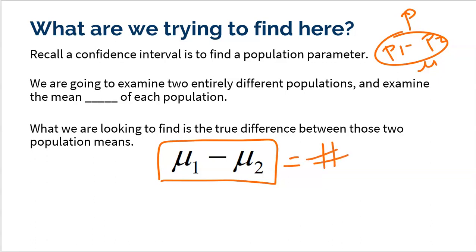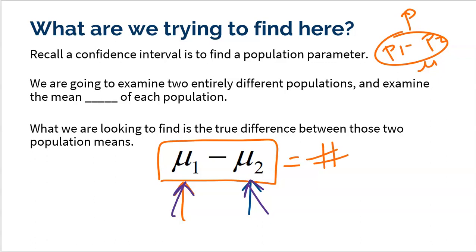If that number's positive, well, that's going to tell you the mean from population 1 is going to be bigger. If the difference is negative, then that tells you that the mean from population 2 is going to be bigger, because if you take a smaller number minus a bigger number, you're going to get a negative number. Or you could even end up with a difference of 0, and that would tell you that the mean from population 1 and the mean from population 2 are exactly the same. So those are the three different outcomes that can happen, but it really does matter the order that